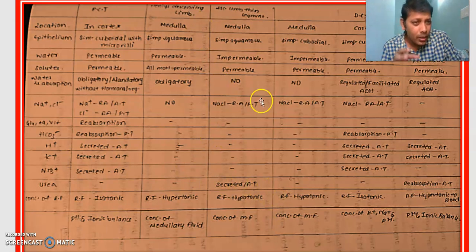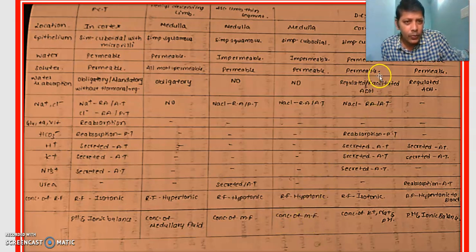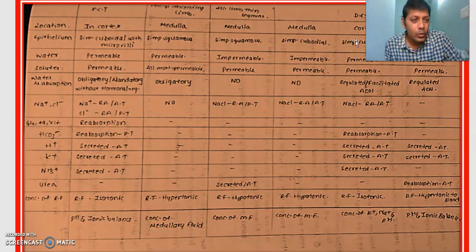Can you remember what is the percentage of juxtamedullary nephrons which have a long Henle's loop? In which nephrons is Henle's loop well developed? Juxtamedullary nephrons play an important role in the formation of concentrated urine because they have Henle's loop. When there is a Henle's loop, there is a vasa recta; we will talk about that later. It concentrates the medullary interstitial fluid by releasing solutes into it.